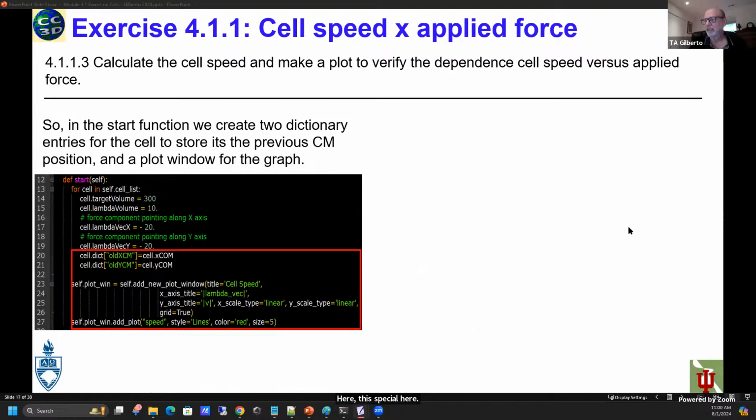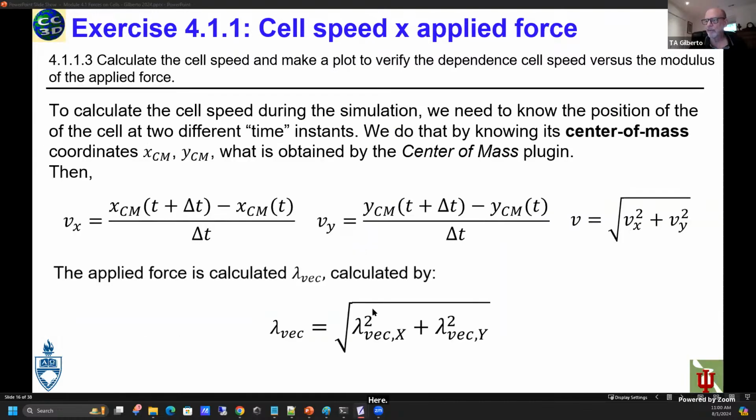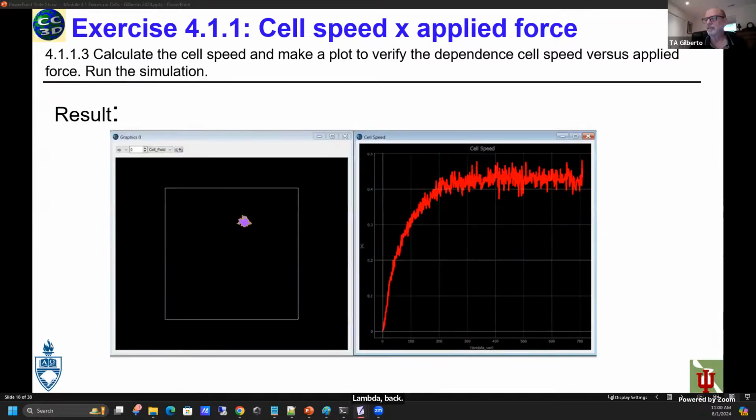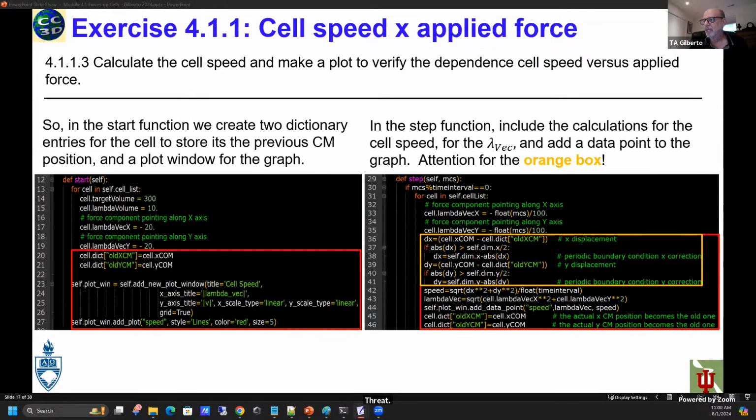And in the next line, I am calculating this lambda vec strength, which is, oops, line 43. Okay, once you have this calculated,